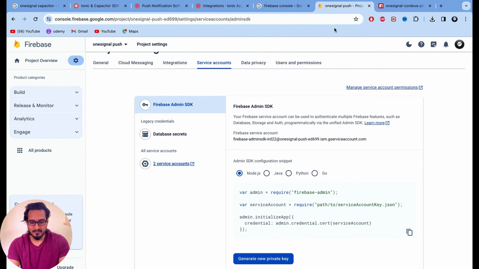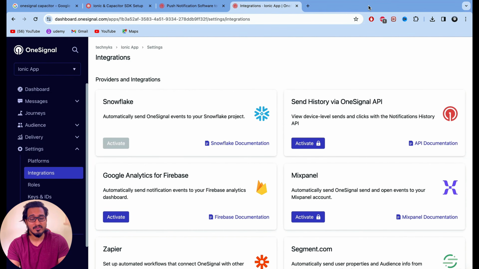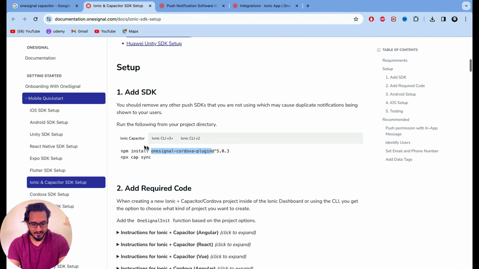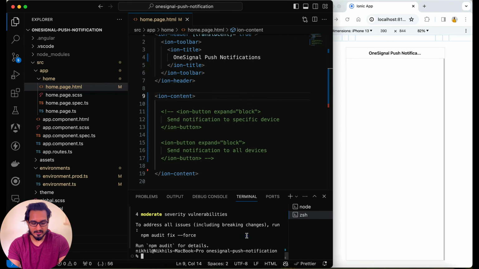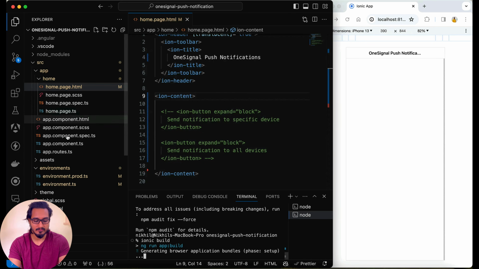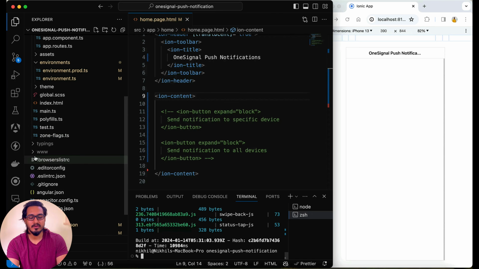All right, let's close all these things. We don't need it. We don't even need the Firebase console setup, so everything is good to go. Let's go ahead and I need to run npx cap sync, for which I need to run Ionic build to create our www folder, which is not available as of now, as this is a new project. So we need to create that. Now you can see the www folder is created